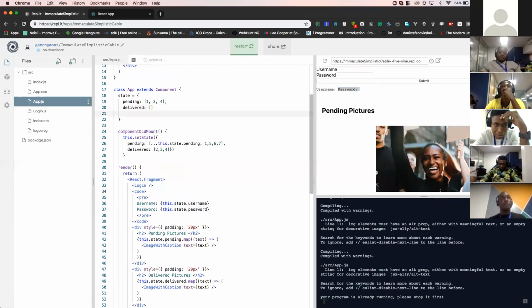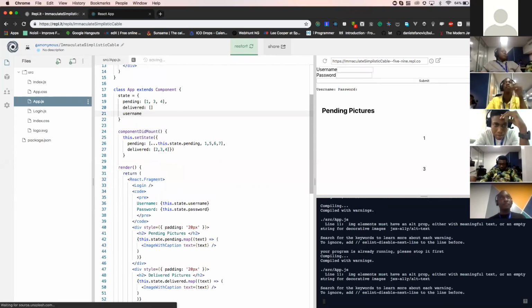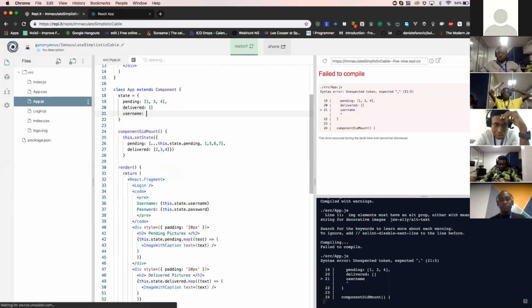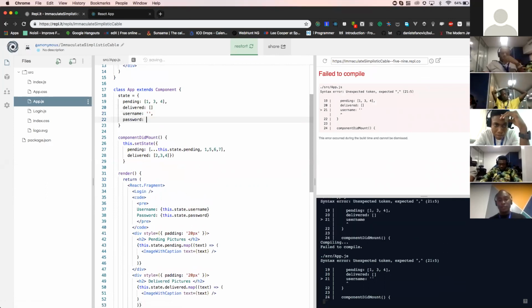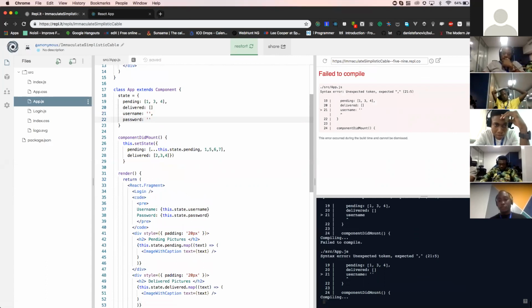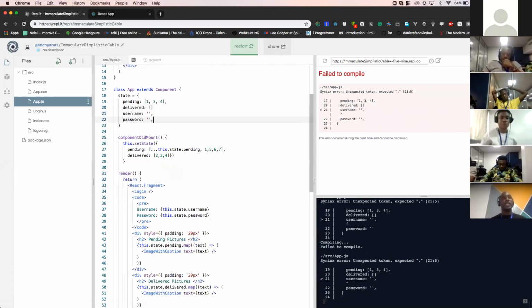So we say username, empty string. Let's just set that default password, empty string. I told you, it's always good to initialize data to the right type. So next thing is